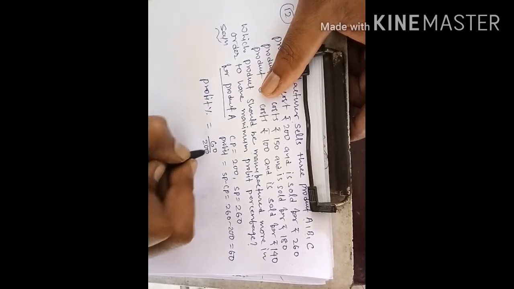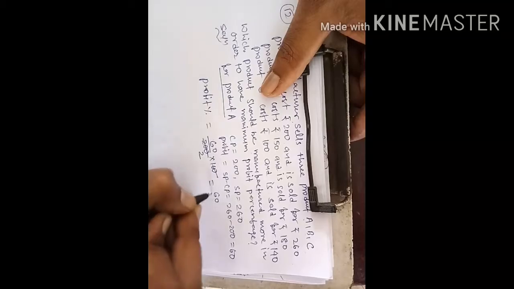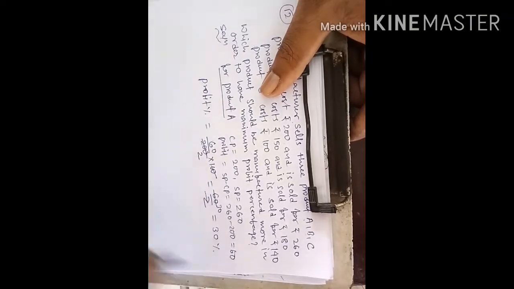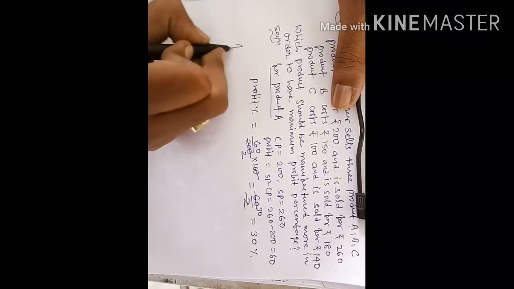60 by 200 into 100. 100 cancels with 200 in 2 times, so 60 by 2, again 2 cancels with 60 in 30 times, so we get 30%. So in product A he gets 30% profit. For product